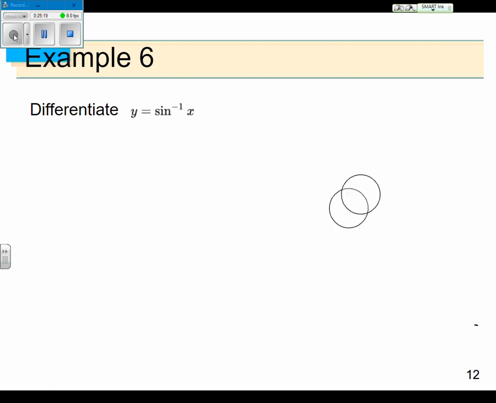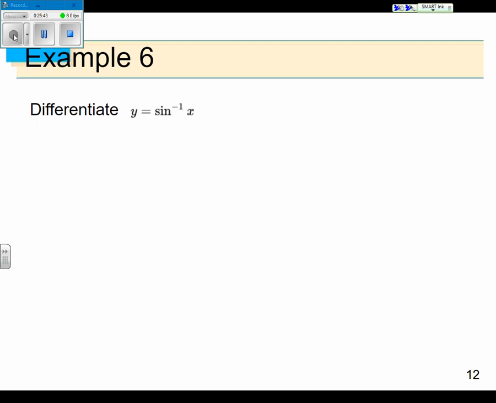Well, we didn't have any differentiation rules for our inverse trig functions. They're feeling kind of left out. So let's come up with a differentiation rule for sine inverse of x. Okay. So we're just going to come up with one. Instead of just telling you what it is, I'm going to come up with one to show you where it